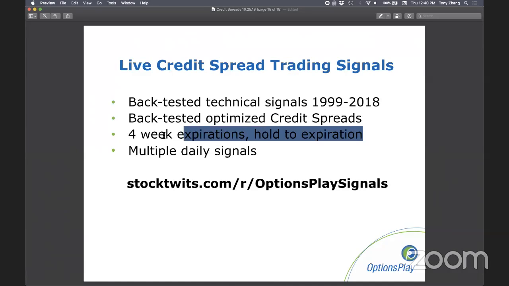These are all roughly 4-week expirations. So we're always selling credit spreads that are about 4 weeks out, and we always hold pretty much all of them to expiration. So we purposely designed these to make them as easy to manage as possible so that you don't have to constantly monitor these positions. These tend to be signals that we are comfortable with simply just setting and not forgetting, understanding that we are comfortable with the risk to reward ratio that we're getting. So even in the worst case scenario, we're willing to accept the max loss on that specific trade.